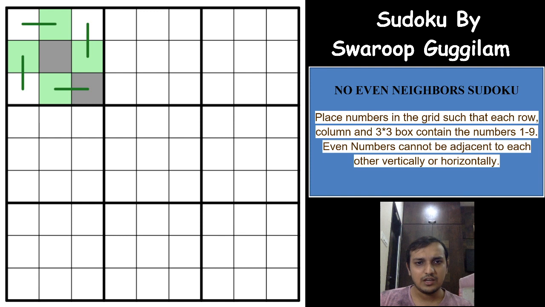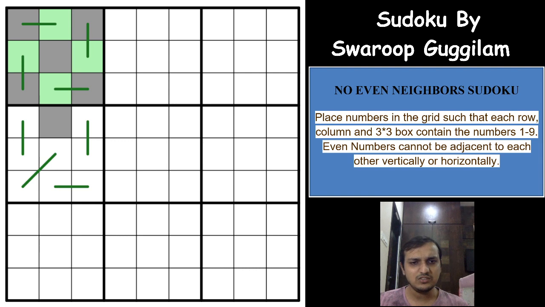In this case, I had to extend a few even digits to some other boxes, and then I got a contradiction. So now this digit has to be odd according to the rule, or according to the trick that I was explaining, according to the constraint that even digits cannot be near each other. Now this cell is odd. Now we have exactly 8 cells and 4 even digits to be placed, so one of these 2 cells has to be even, one of these 2 cells, one of these 2 cells, and one of these 2 cells.